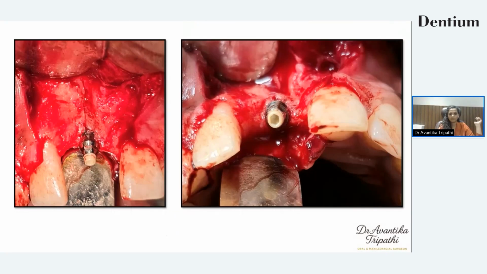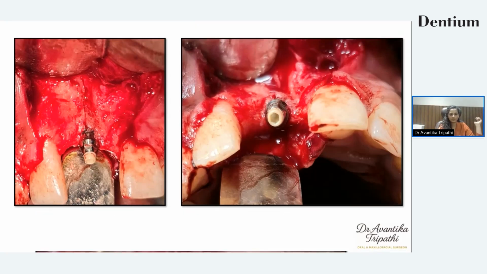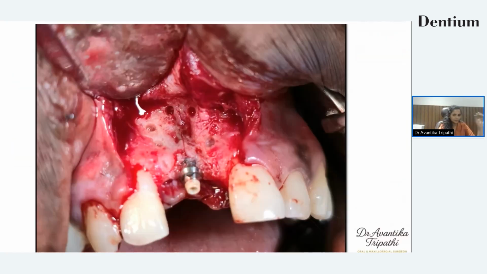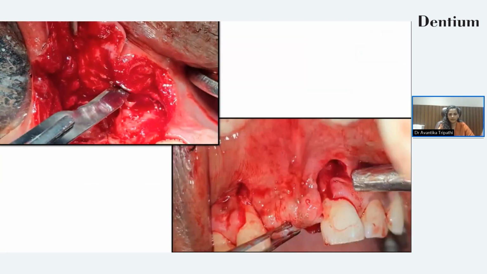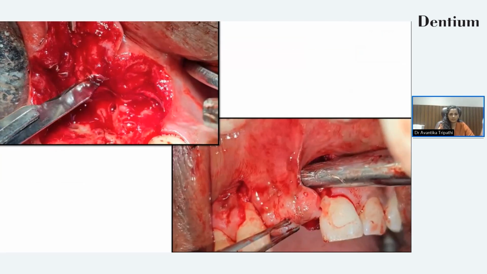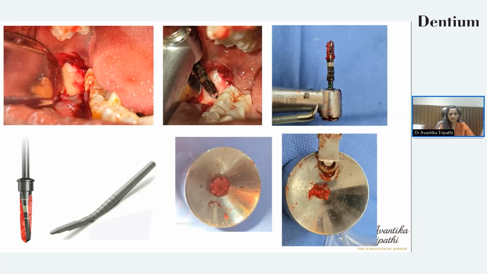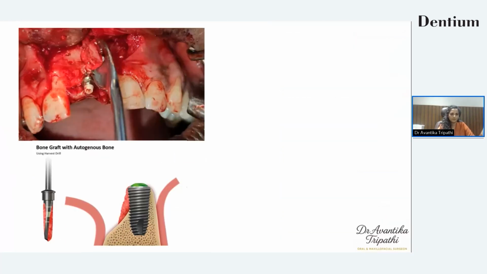Once the implant is placed, I'm going to prepare some corticotomies. Then I'm going to prepare the flap. Once the flap is prepared, I'm going to extract some autogenous bone graft from the third molar region. Once the autogenous bone graft is collected, then I'm going to place it over the